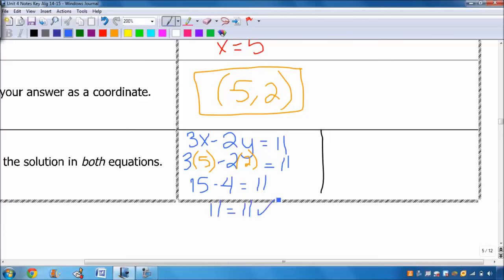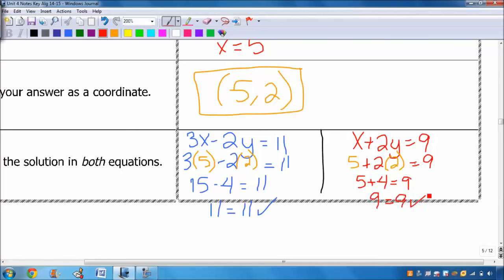So I know that I'm good with one equation, so I'm only 50% sure that my answer is right. Now I've got to check it in my other equation. So x plus 2y equals 9. Okay, so every time I see an x, I'm going to replace it with 5. Every time I see a y, I'm going to replace it with a 2. So then when I add it all together, I get 5 plus 4 equals 9. 9 equals 9, and now I am good to go. All right,